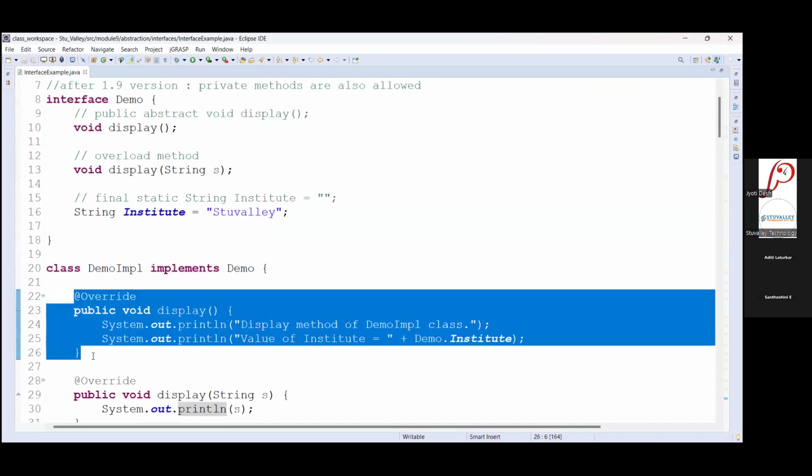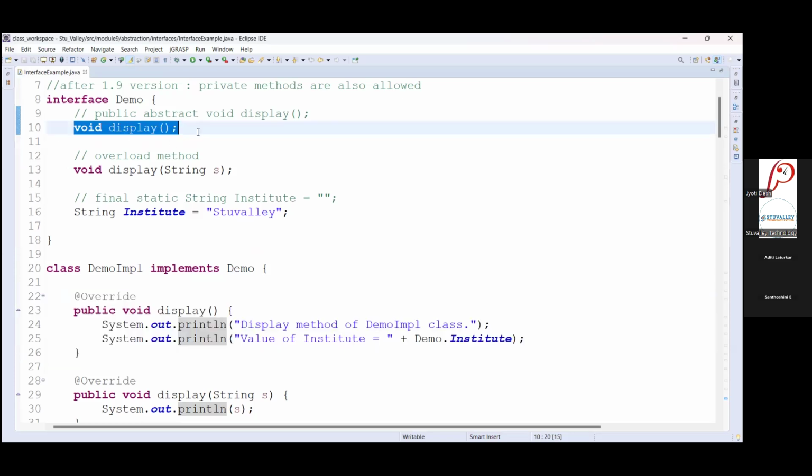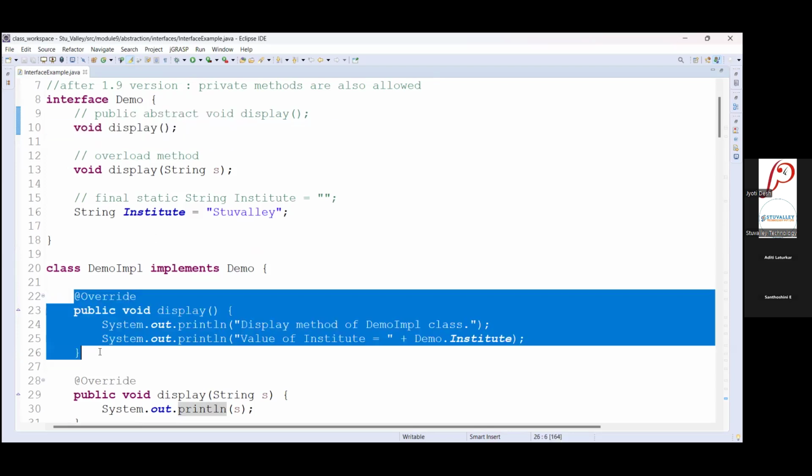The same concept applies here also: there is no meaningful implementation we want to provide to this method in the super or parent interface or class. That is why we override a method to provide the implementation according to the use or purpose of that method inside a child class or child interface, you can say.